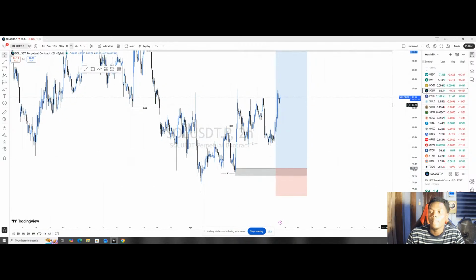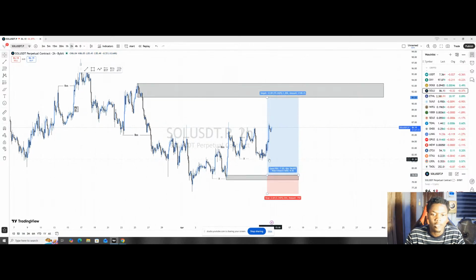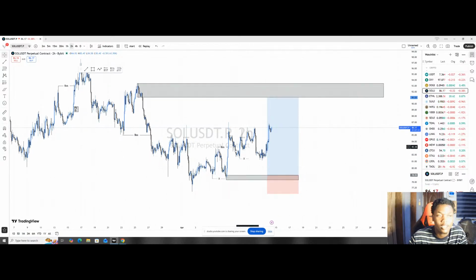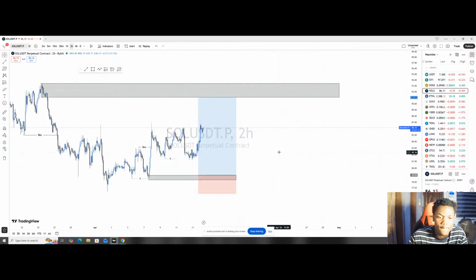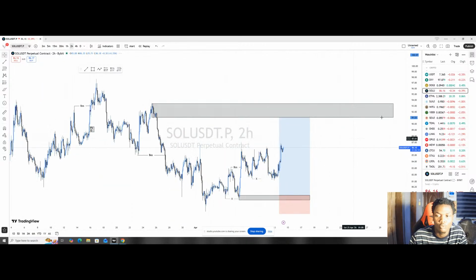Okay, so this is the pair we analyzed yesterday, and I was seeing this pair going down to this point before going above, as the case may be. It is actually going up to this resistance level. So it might tap this resistance level first before coming back down. Either way, we are still good. You can sell the market right here or buy right here.